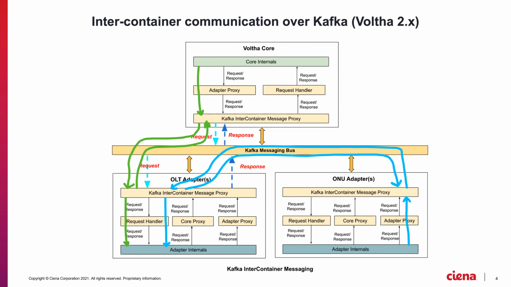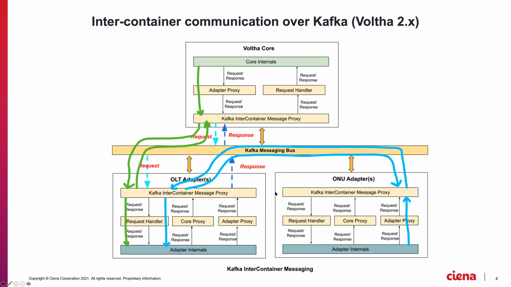And here is just an example of how those things work. In the green line, you'll see that the core is making an API call to the proxy. But what the proxy does is it sends a message over a specific topic to the adapter and listens to a separate topic from the adapter for the response. So there is a lot of listening in one place and sending in the other place,